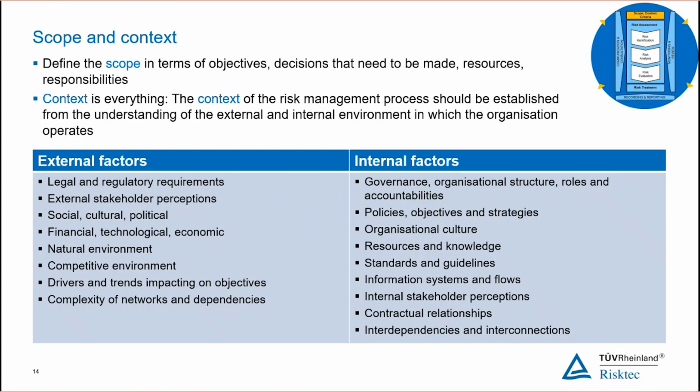Going back now to the ISO 31000 document, the scope and context is the starting point, and this is important. If we get this bit wrong, we're going to set out down the wrong path, and it's not going to help anybody. So the scope: what do we want to achieve? Largely the scope has been defined for us by the legislative requirements. We are looking at a particular class of buildings and a particular class of hazards. But we also need to look at this within the context of our own particular organization.